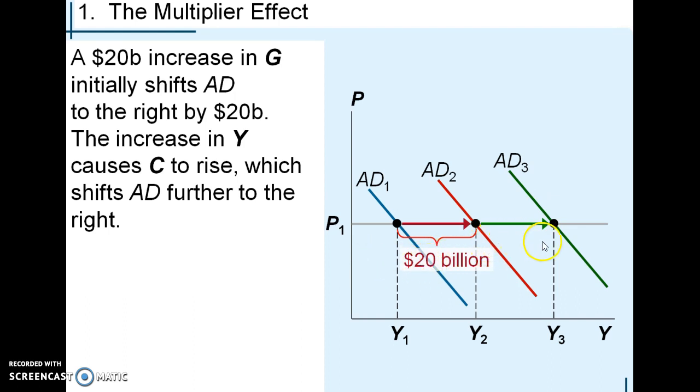How large this additional increase is depends on the marginal propensity to consume. So we'll see that in a second here. If, let's say, this $20 billion came in the form of income for people and they saved all of it, the marginal propensity to consume was 0, then there would be no multiplier effect. So if it was all saved, then there's no more additional rounds of spending. But if some of it's spent or a lot of it's spent, then you end up with additional basically demand